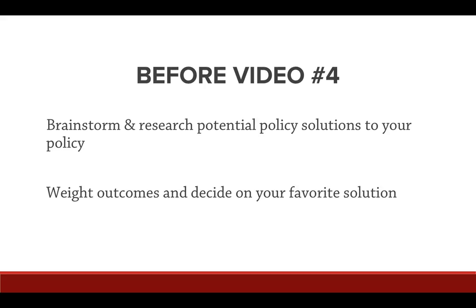So look around, see what we can find on the internet about what other people have tried before, and also consider those policy solutions. Make sure that those are a part of your list. And then weigh the outcomes and decide on your favorite solutions. Okay, you don't have to have a for sure, by the time the workshop comes around, this is the policy I want to implement, but you should have enough consideration to say this is a policy solution that I'm leaning towards and here's why. That's the main point of this exercise.